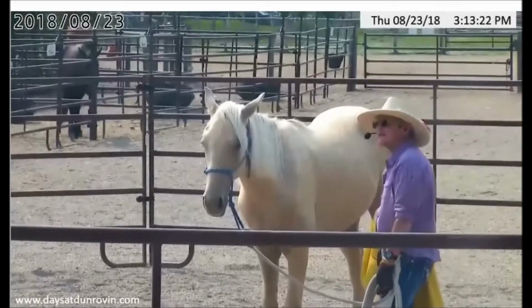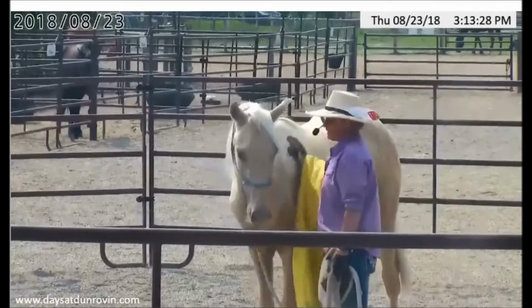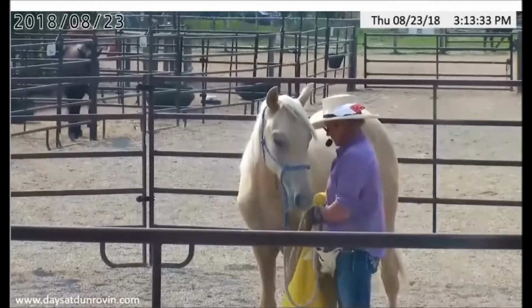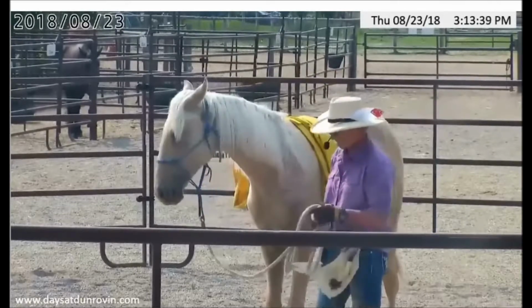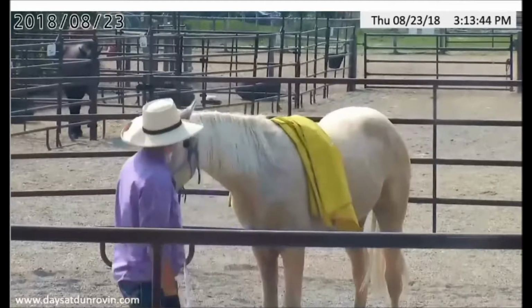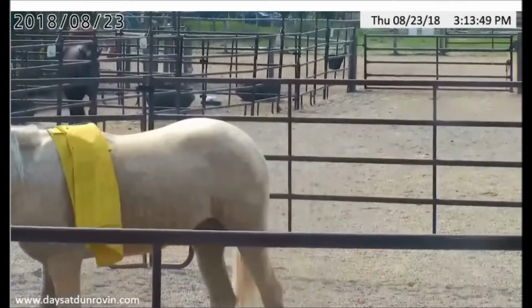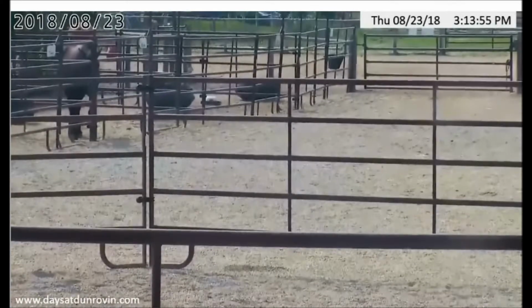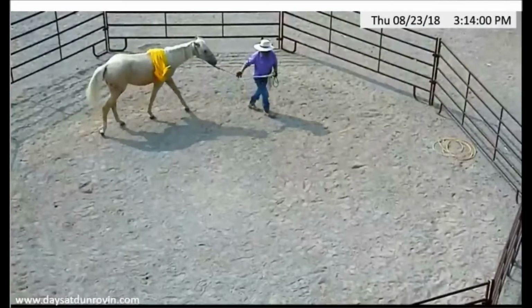This is good. Remember how he wouldn't stand? He would always mouth you or bump you or something. Now he's being a good boy, and I even have the jacket. He's not coming in on me. He's just wondering about the jacket making noise against him. What do you think about that? Feels funny, doesn't it? I'd rather it not fall off and scare him, but if it does...